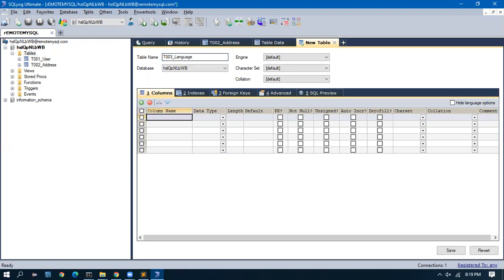So the first column will be the primary key, language ID. Int, I can keep 10, and it is a primary key. It is auto increment. Next, the actual language which they speak, it is going to be a varchar, and the max length will be 20. I'll create a table.